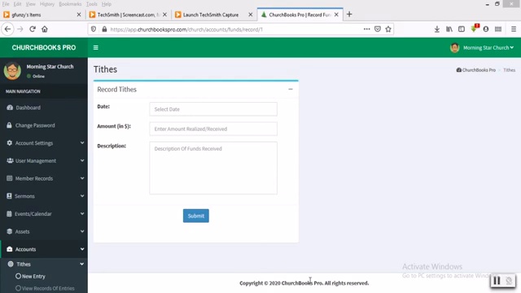Hello and again welcome. In this video we're going to be looking at the account feature of this application. The account feature is one of the important aspects of this application, this platform. So we're going to take considerable time to go through the account section and see how your church can make